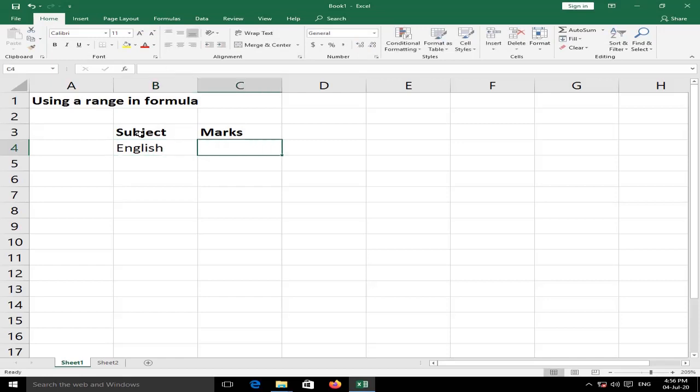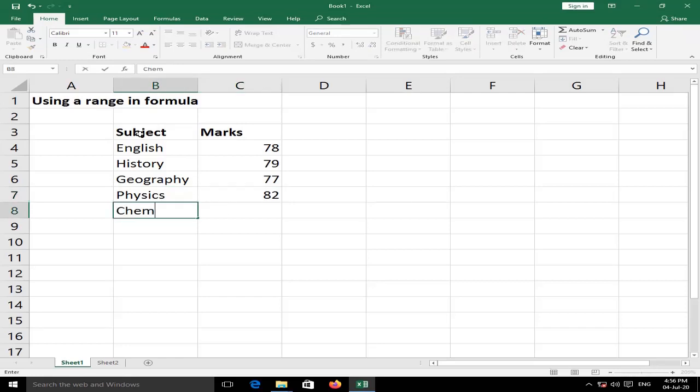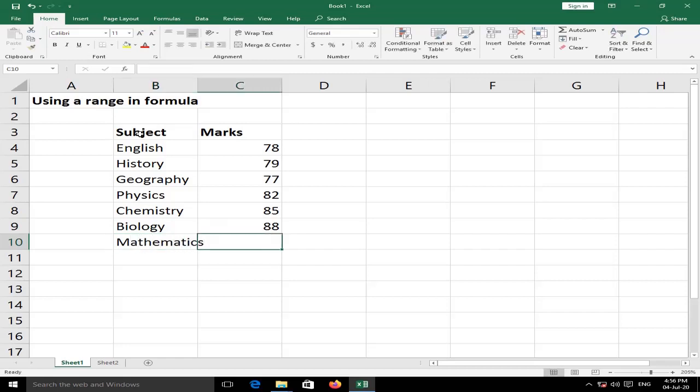First one is English, suppose 78, history, suppose 79, geography, suppose 77, physics, suppose 82, chemistry 85, biology 88, mathematics, suppose 95, computer, suppose 90.